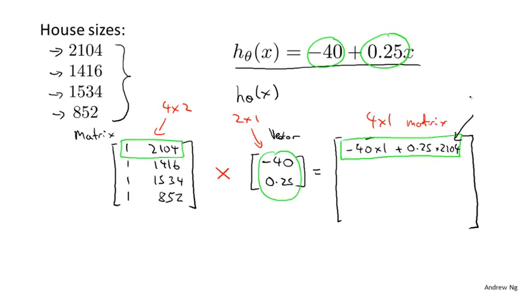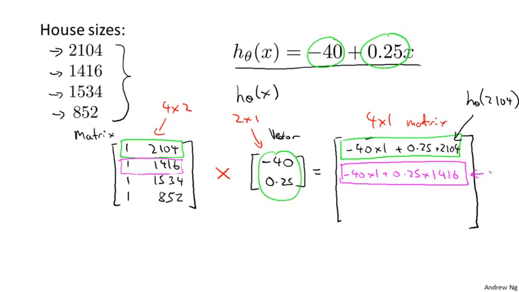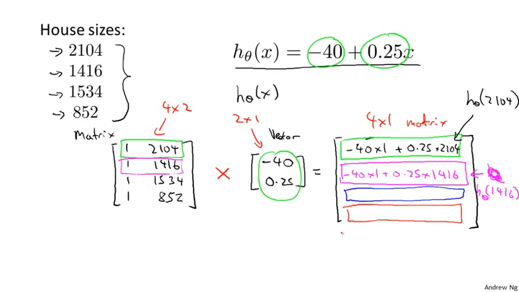And this first element, of course, is h applied to 2104. So it's really the predicted price of my first house. Well, how about the second element? Hope you can see where I'm going. To get the second element, I'm going to take this and multiply it by my vector, and so that's going to be minus 40 times 1 plus 0.25 times 1416, and so this is going to be h of 1416, and so on for the third and the fourth elements of